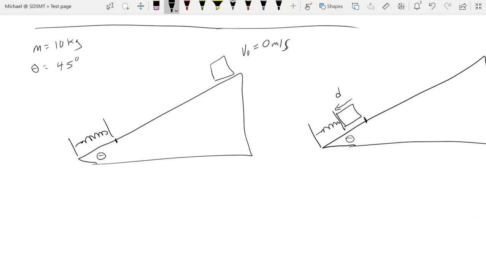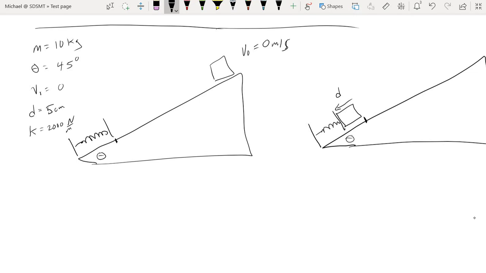And so we've got an initial velocity of 0. We'll say that the maximum compression of the spring is 5 centimeters, and the spring constant will be 2,000